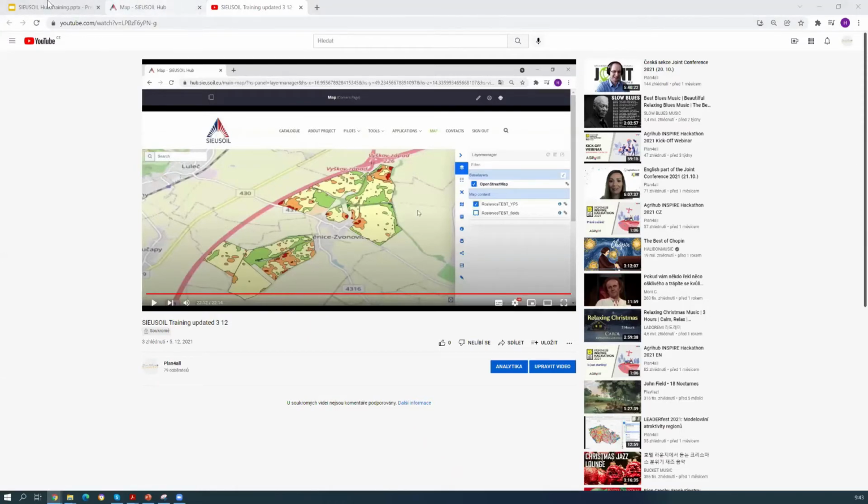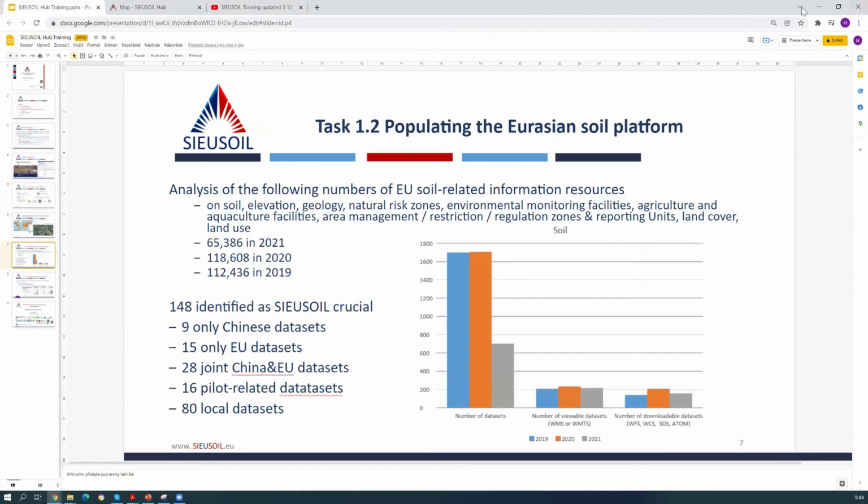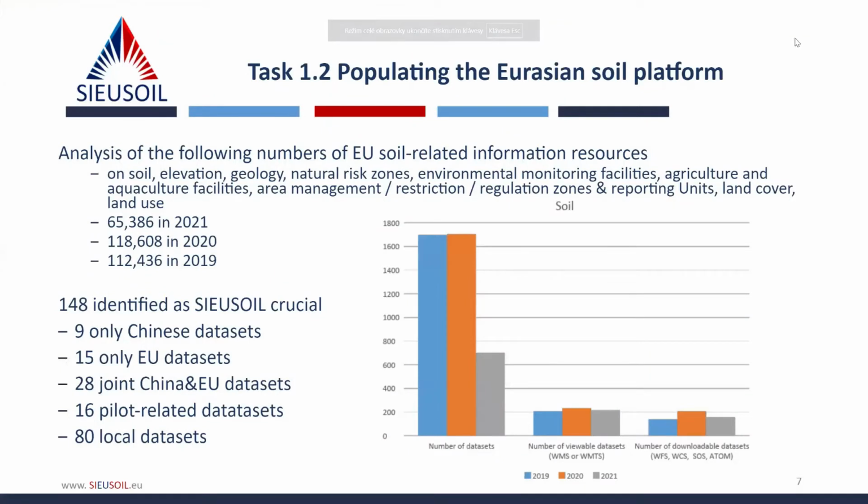Okay, let me jump back to the presentation, and I will share with you a few more slides. I wanted to mention that in the frame of task 1.2, there was an analysis of 148 soil-related information sources.